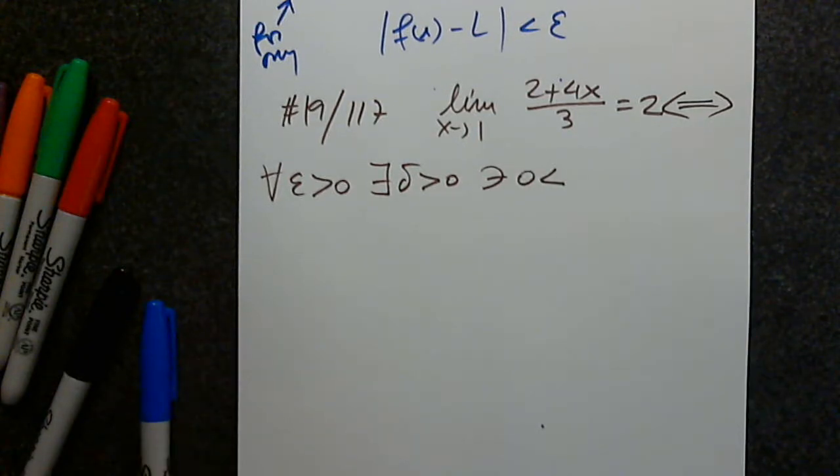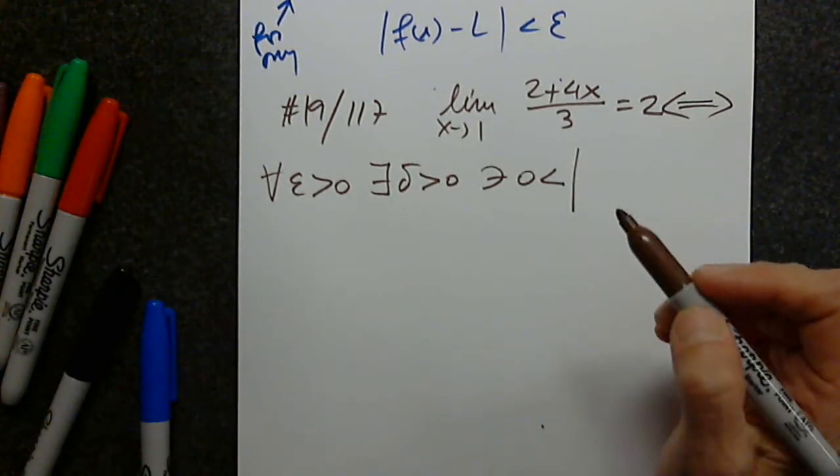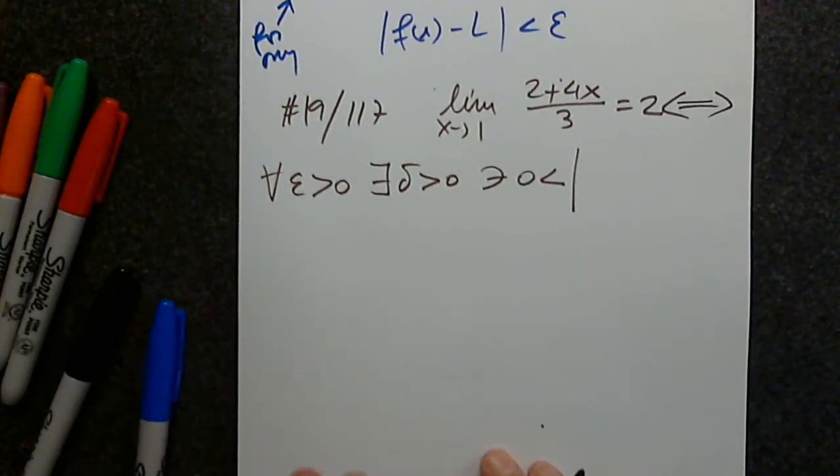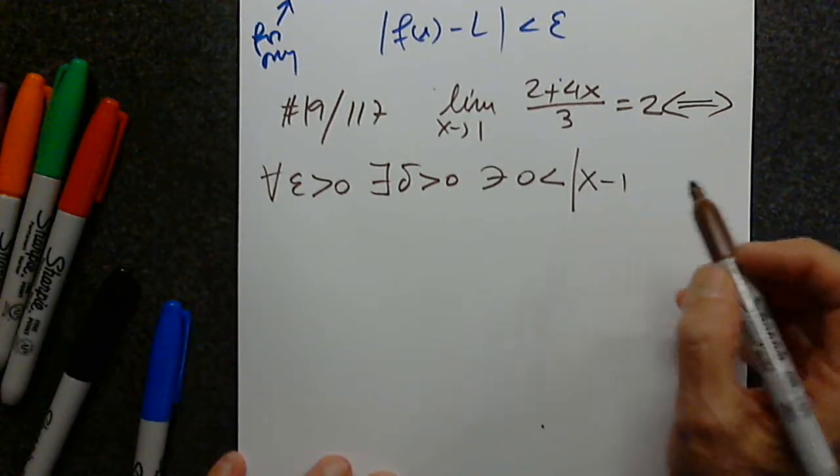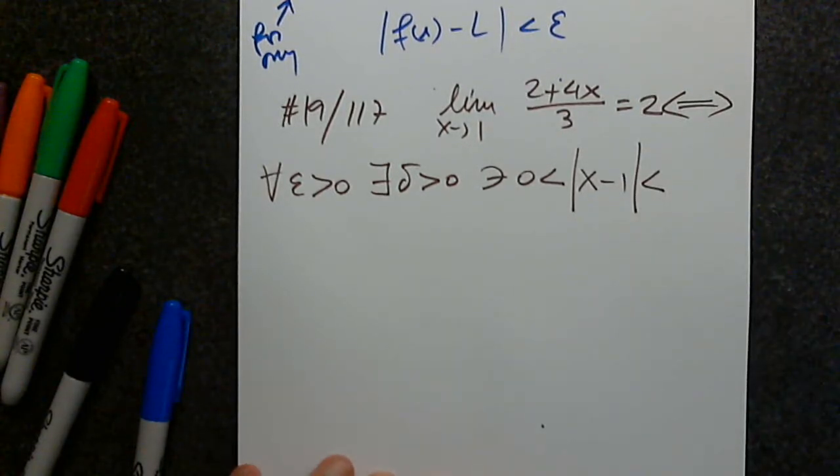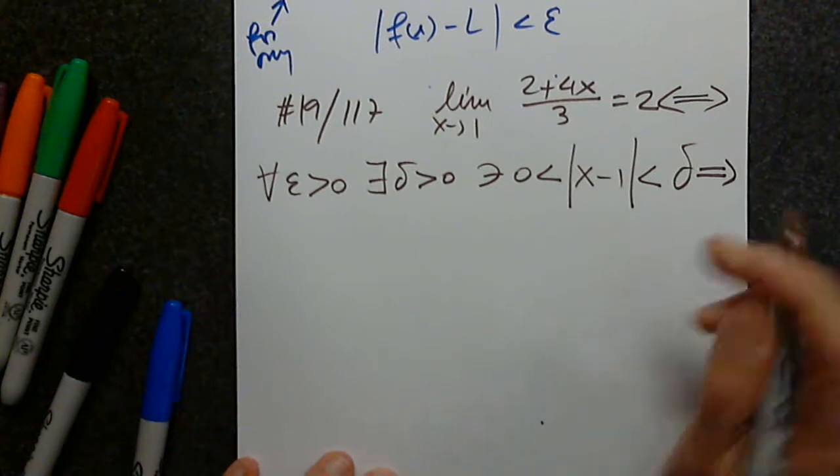0 less than, and now I would like you to fill in the gaps for me. I'm ready. 0 less than the absolute value of what? No, we cannot start with A. X, yes? X minus 1, awesome. Less than delta. Awesome. This will always imply